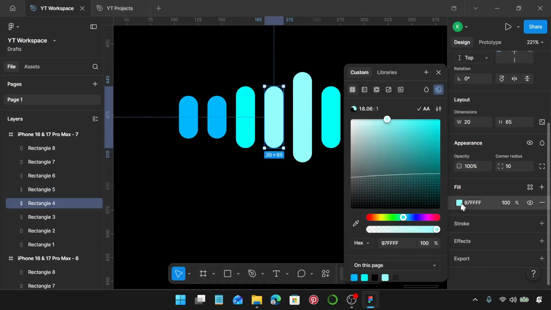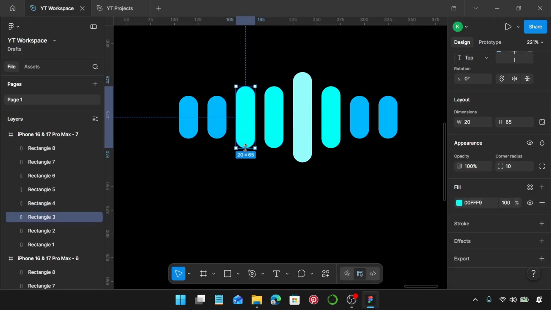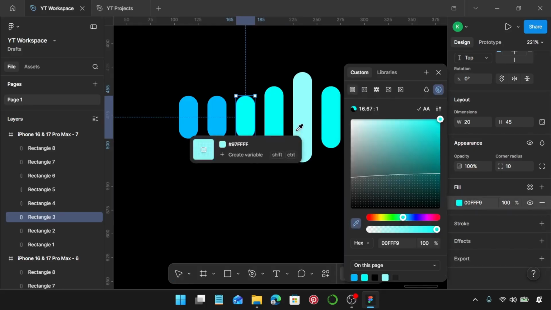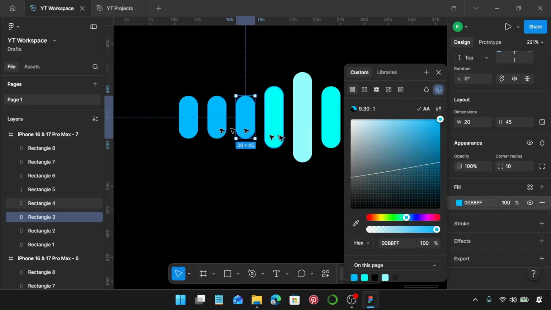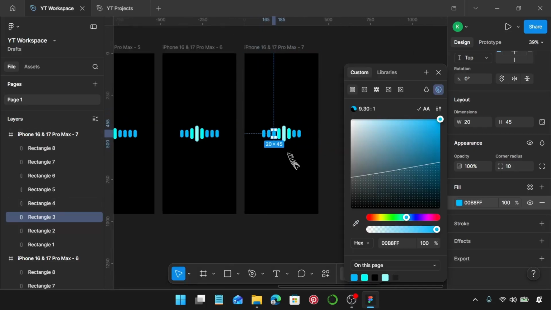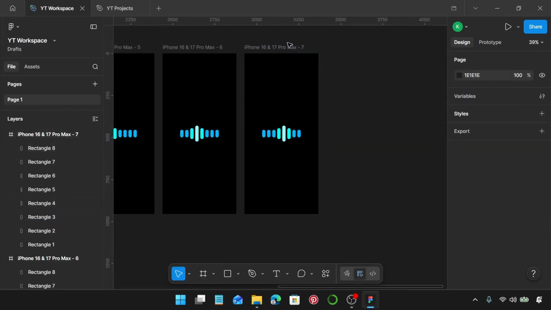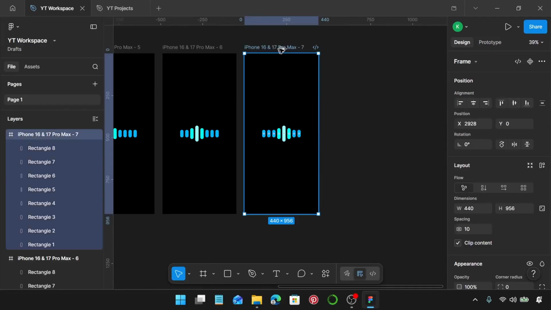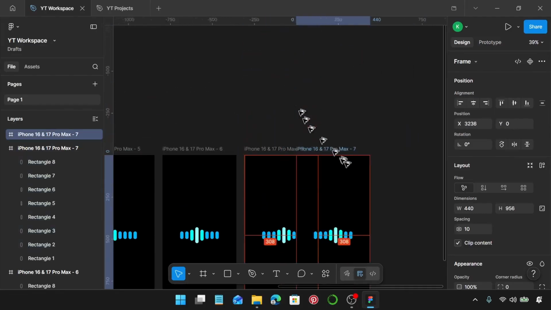I'm going to change the color to this. Select this one, hold Alt, reduce the size, and change the color to this. I'm going to zoom out. Let's create a copy of this one. So I'm going to duplicate this,